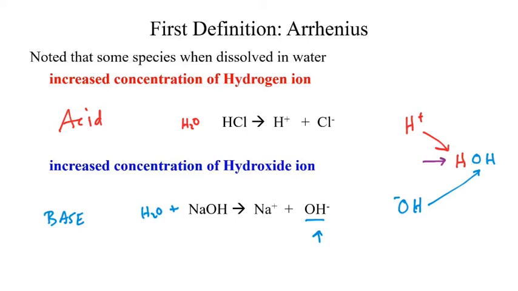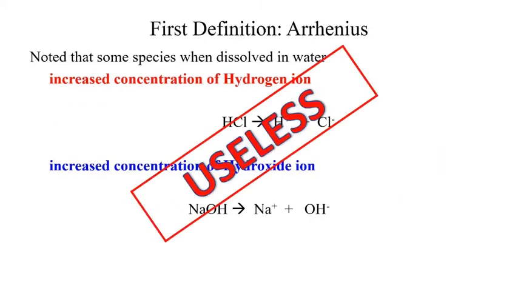Okay, so this is Arrhenius' definition. And I get a bit melodramatic here when I go through and call this useless. It isn't that it's useless. It is very useful, and we tend to use it, I would argue, probably through all of general chemistry, because those reactions all run in water environments. And as long as we're running in water environments, this definition works out phenomenally well. So that is our first definition, our Arrhenius definition. Acids increase hydrogen, bases increase hydroxide.